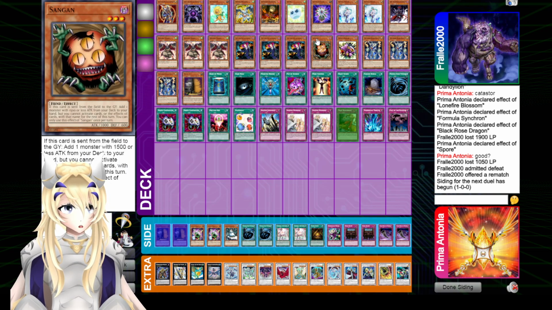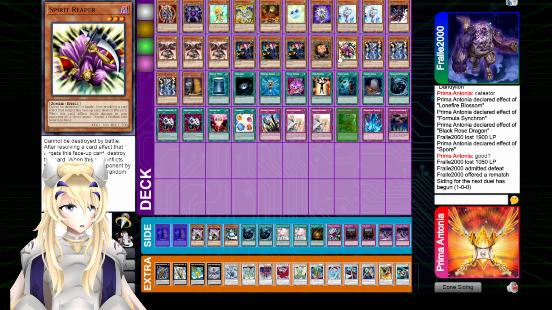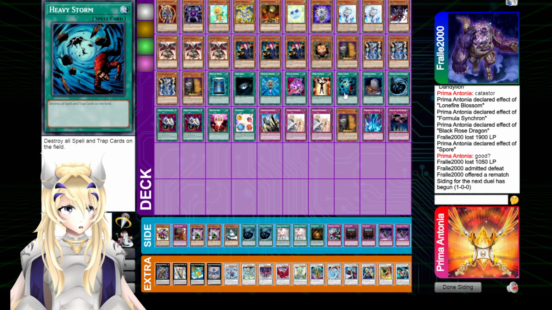We didn't see Tour Guide from him, but I'm sure he's on it. Caius is kind of mid. So is Spirit Reaper going second. Let's cut those, I think. Scapegoat kind of mid. Heavy Storm is okay. He's not going to be on Starlight, so like...